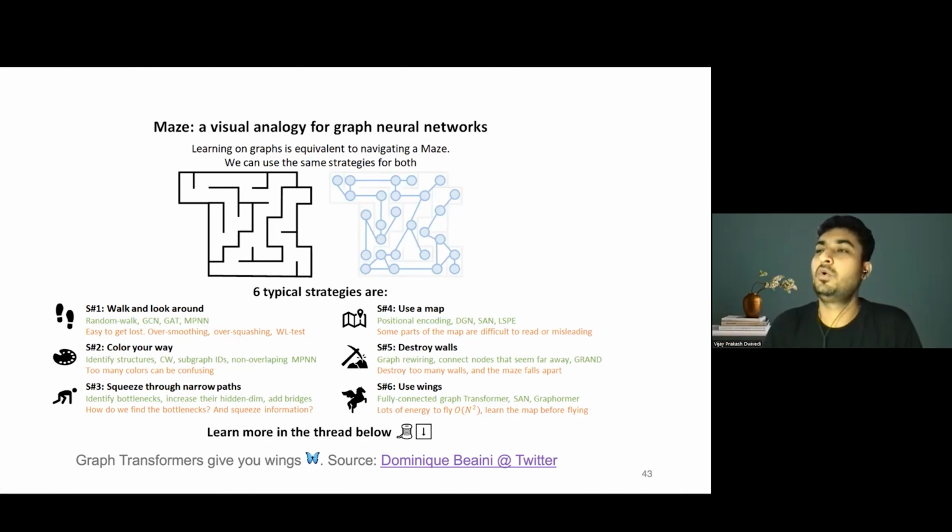But I think one of the reasons why this is not enforced much is the way it provides a dynamic way of looking at which words to attend to when I'm developing a feature representation of a particular word. So when we have a multi-head attention architecture, that becomes a very dynamic way of doing that. But in the case of graphs, we want to have that dynamic, but at the same time, we want to enforce constraints that are present in the case of graph structure, sparse graph structure information. So I'm not aware of any work that tries to bring back these advantages from the graph machine learning community to NLP.